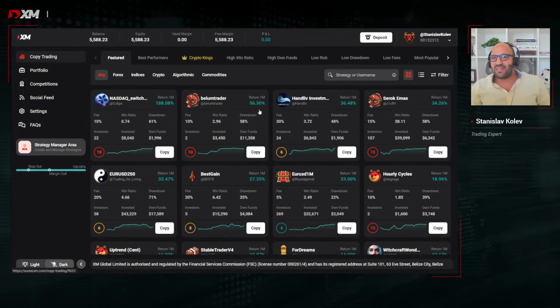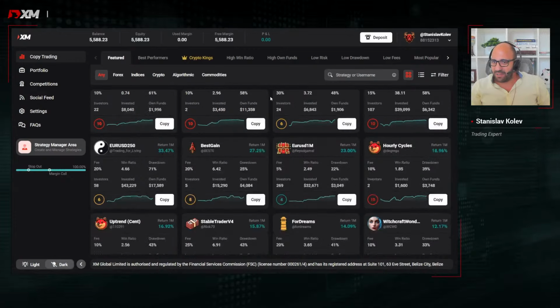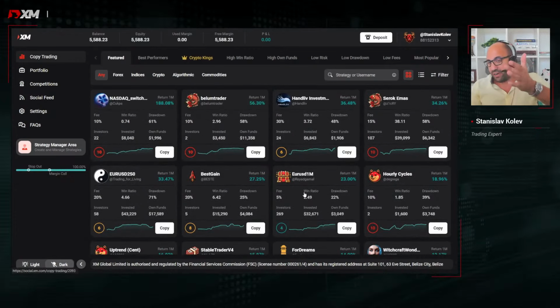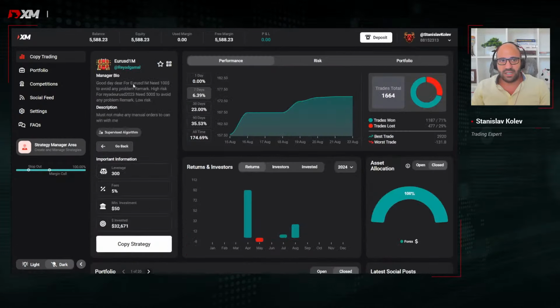So I think the example we have found down here is actually one of the most common ones. As you see, we have 269 investors that are copying EUR/USD 1 minute. We have 269 people. We have very low fee. We have win ratio 2.49. We have drawdown of 20%. And you get all funds of $100 to avoid early problem. Remark, high risk